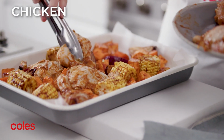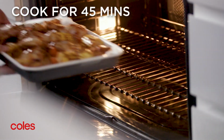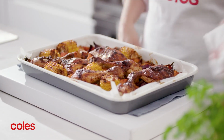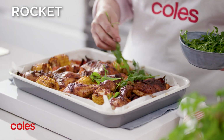Top with the chicken portions and then spray with olive oil spray. Pop the tray in the oven for 45 minutes or until the chicken is cooked through and the veggies are tender. When the tray bake is all cooked and golden and ready to serve, sprinkle the chicken and vegetables with